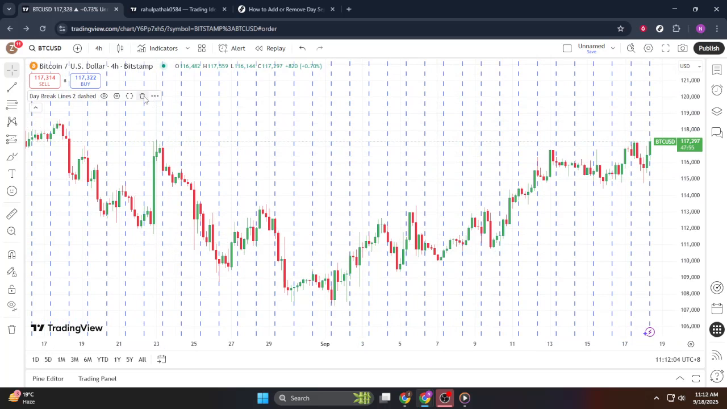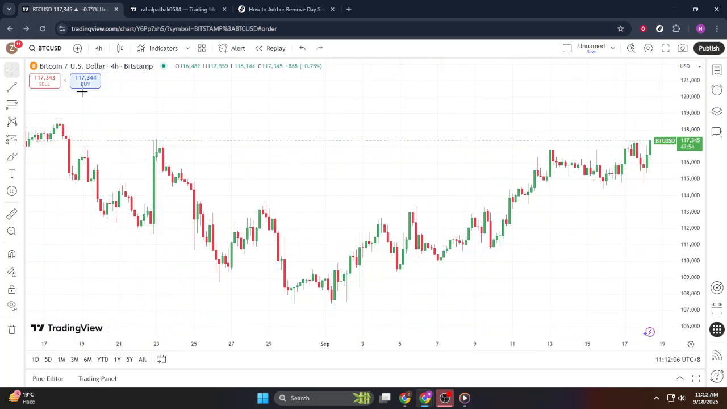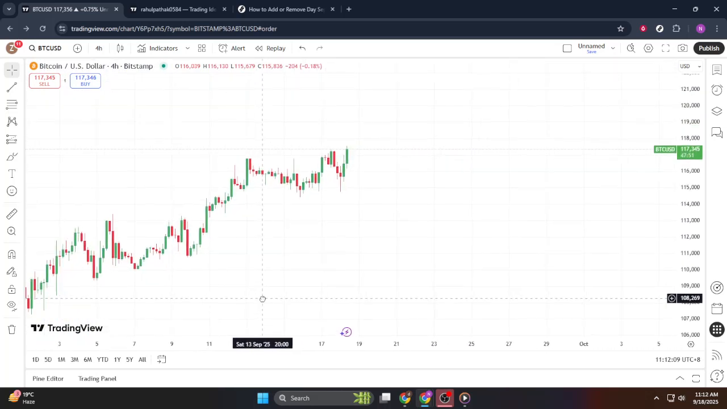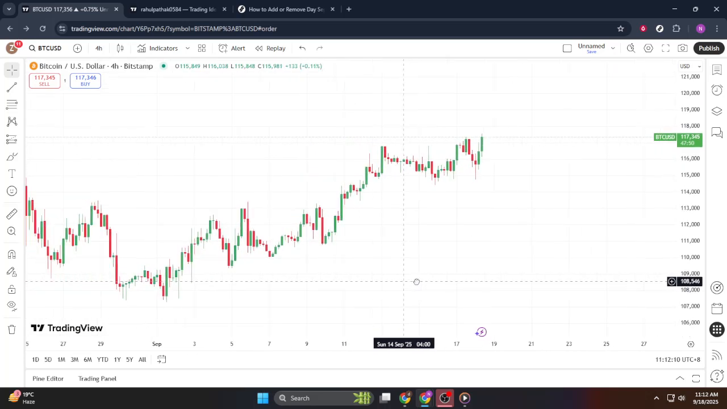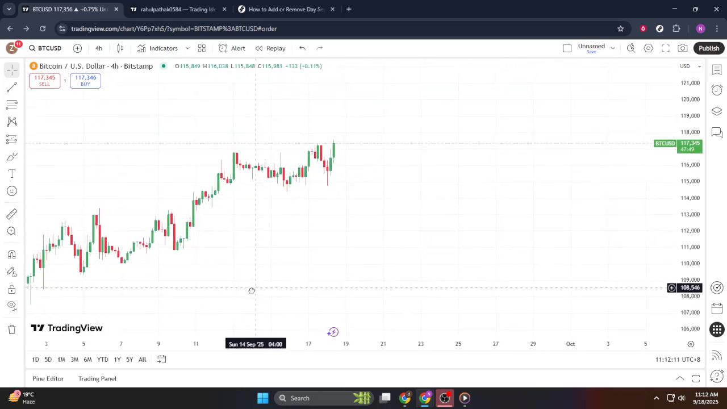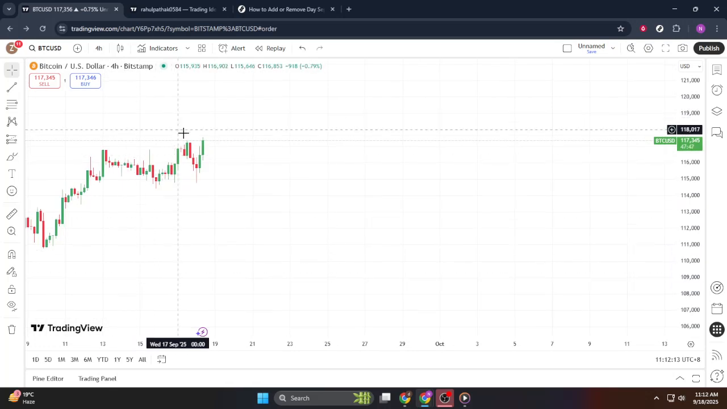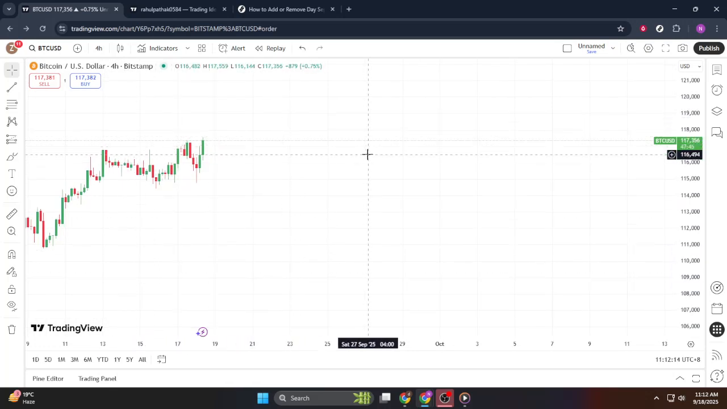Lastly, to make any final customizations or confirm your changes, look for the highlight button once again. This acts as a toggle or confirm switch for applying your chosen settings. By following these straightforward steps, you'll easily manage the visibility and style of day separator lines on your TradingView charts, enhancing